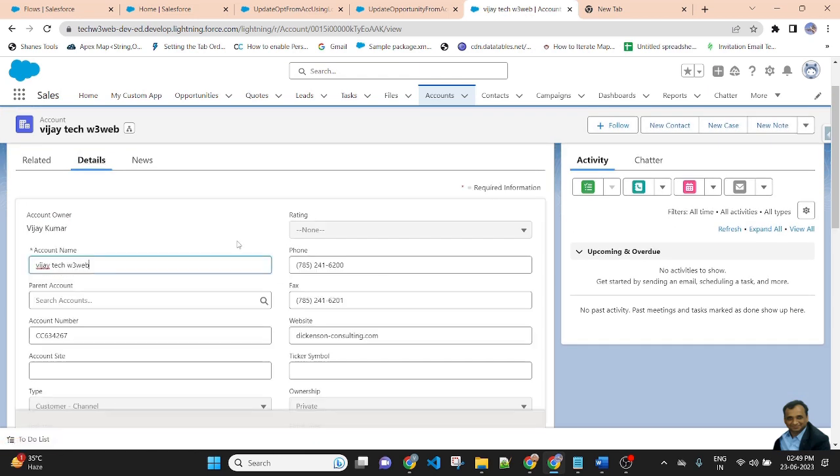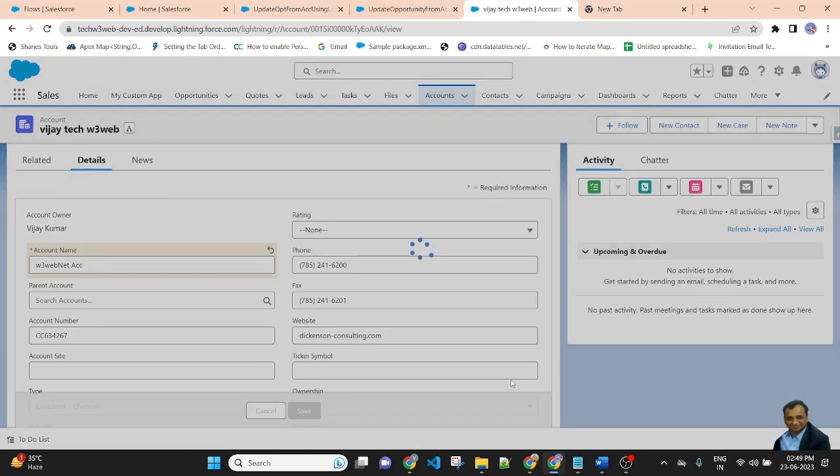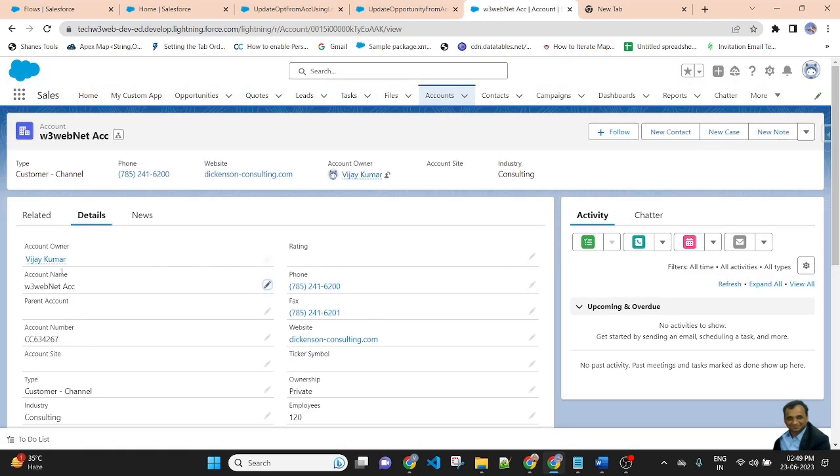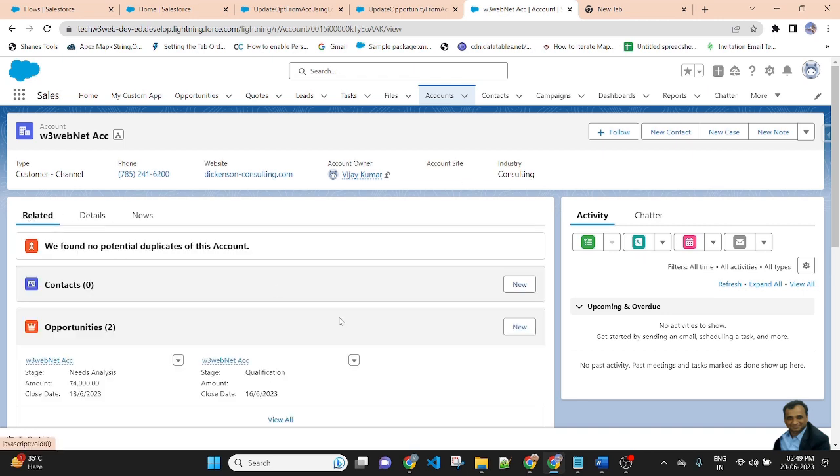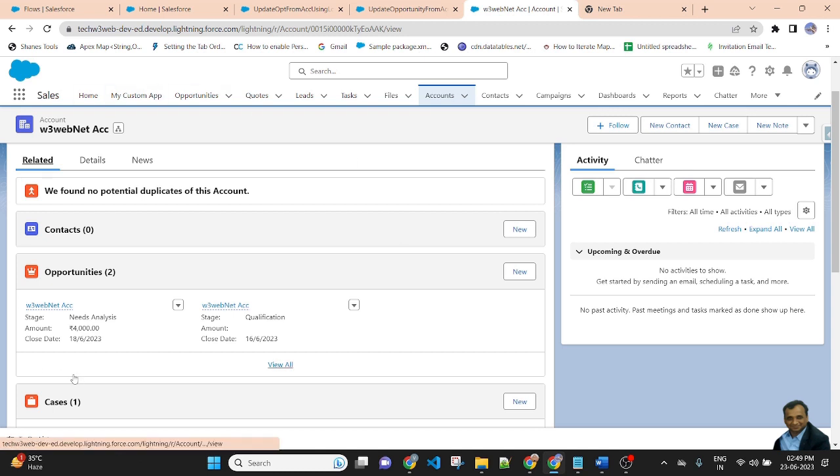So now I am changing it to W3 WebNet account. Now I am going to save it. So now the account record is updated. Now go to the related list and you can see W3 WebNet account, both opportunity names have been changed automatically through the record trigger flow.